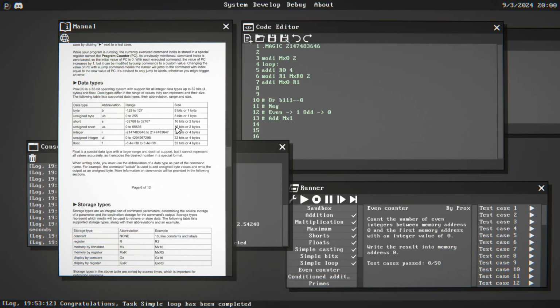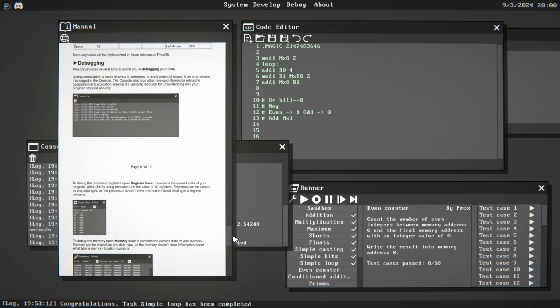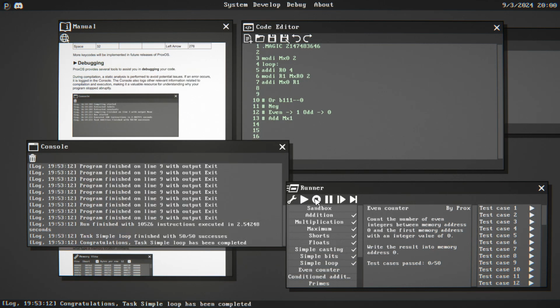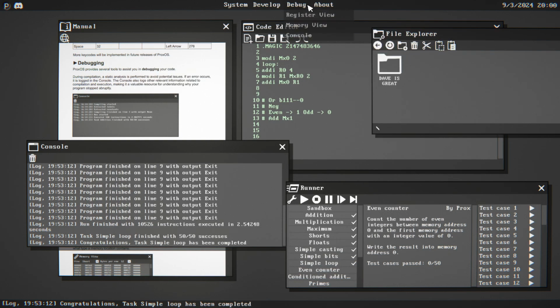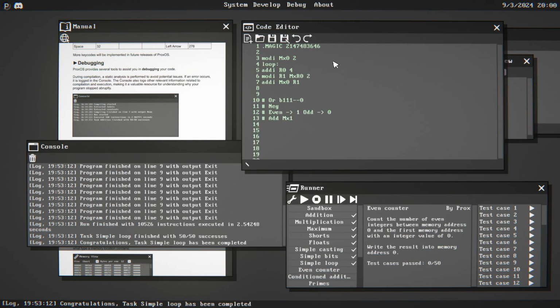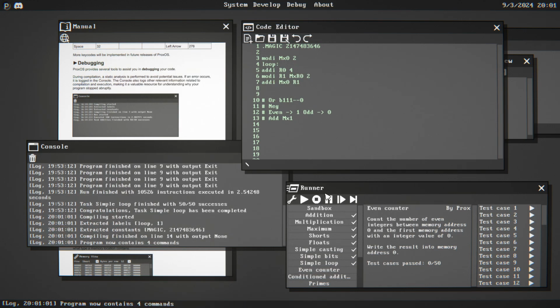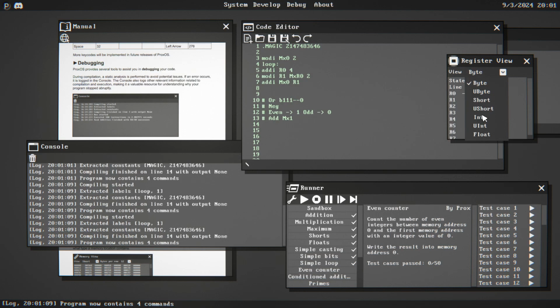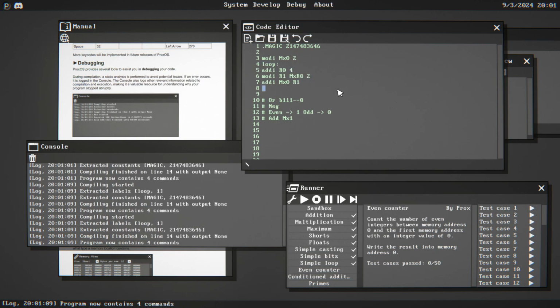How do we debug this again? Debugging. Open register view. Okay, where the heck is register view, though? There you go. See them as bytes. But yeah. So,